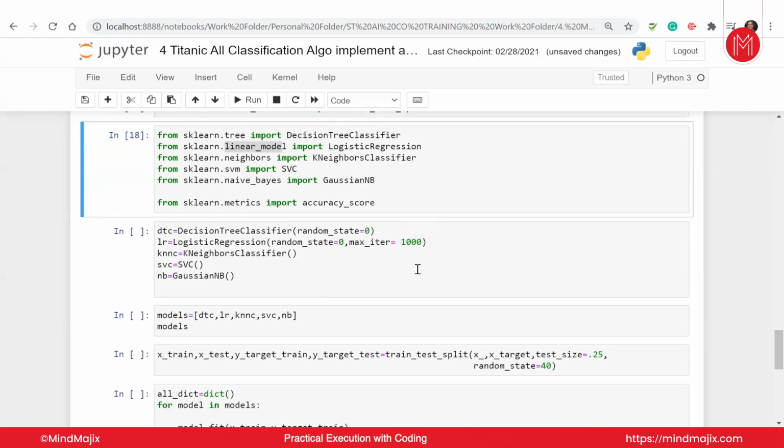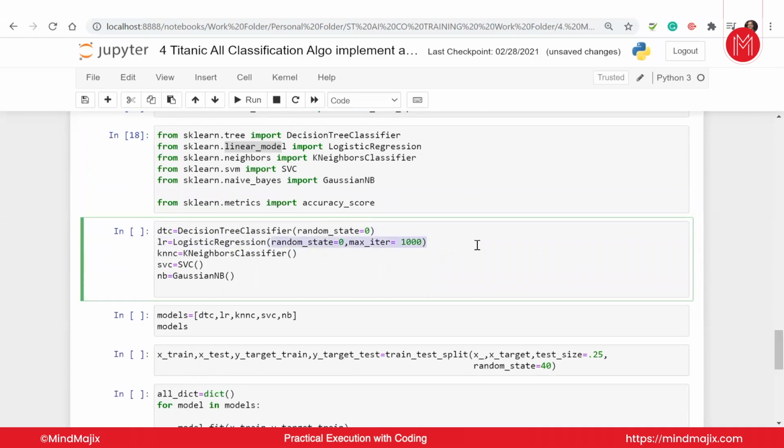Now, guys, next is obviously that for each algo that we have imported, I have to create an object of it. So this is what I'm doing here. DTC, LR, KNNC, SVC, and NB are the respective object names for these algos. I'm also passing a few parameters in LR as we are going to use it in the for loop. The max iter will give you an error saying that it cannot be 100 in this scenario. We have to give it as per the row size, and now we have 891. So in round off, I'm giving 1000. Running it, all the objects have been created.